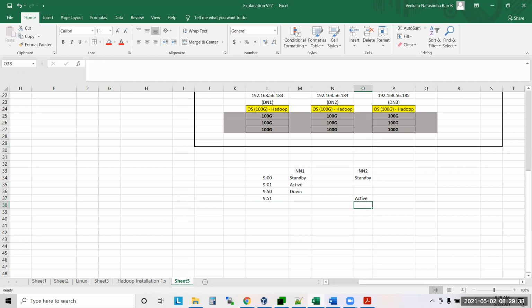Now somebody restarted it at 10 o'clock. Somebody understood that NN1 is down, and he restarted it. What is the status of this name node at that time? Active? Now at 10:01, what is the status? NN1 will be standby, NN2 is still active.